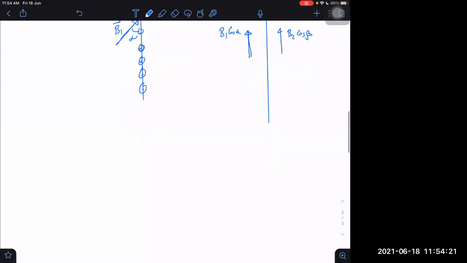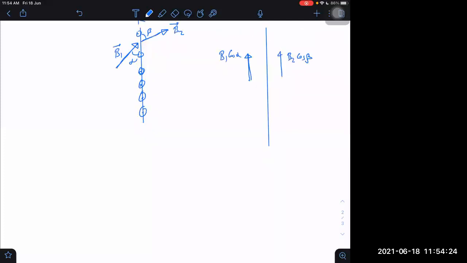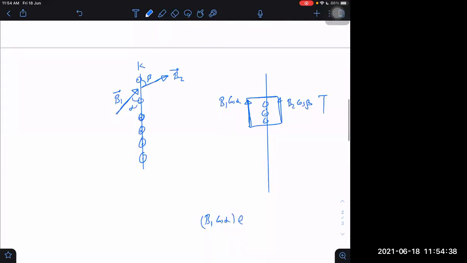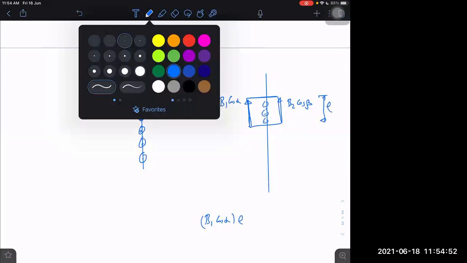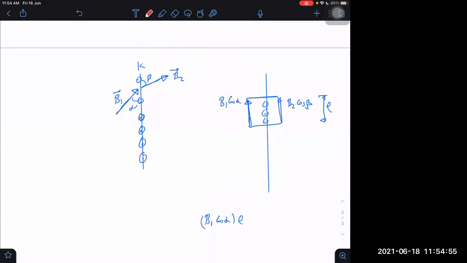The reason is, I can use Ampere's law. What is Ampere's law stating? Ampere's law states that the line integral of B dot dl. So let us say it is L length I have taken here. Minus B1, if I have taken L length, B1 will be minus because we are taking a line integral. We have to take it along by right hand thumb rule. We should take the line integral according to right hand thumb rule. So if I take according to that, then I will be getting this side. I will take downwards dl, B is upwards, and here dl will be this side, and here dl will be that side, right?